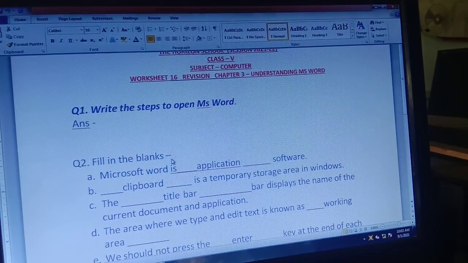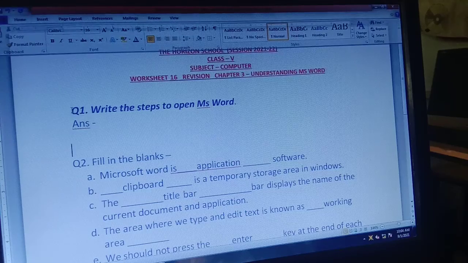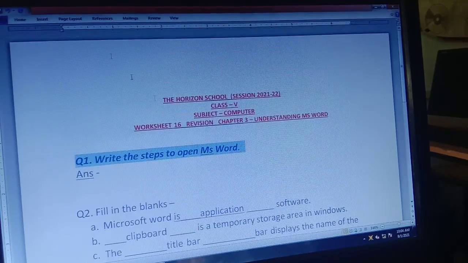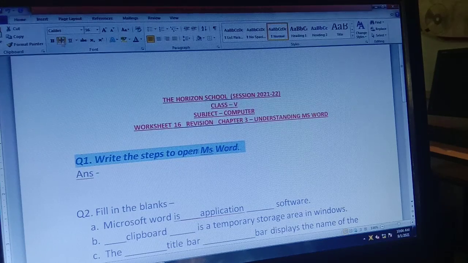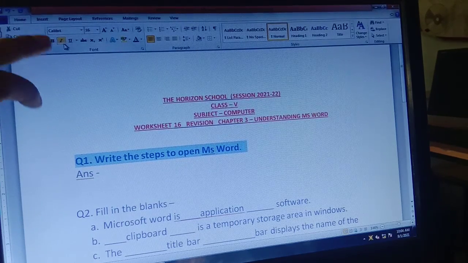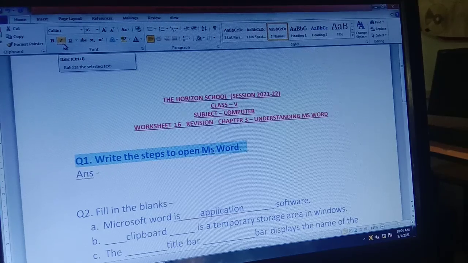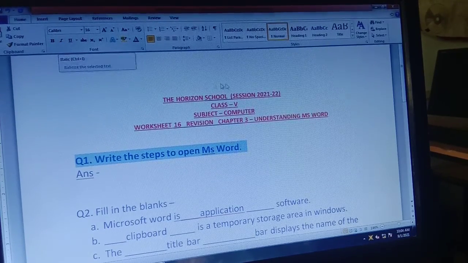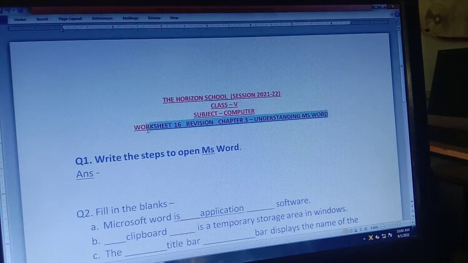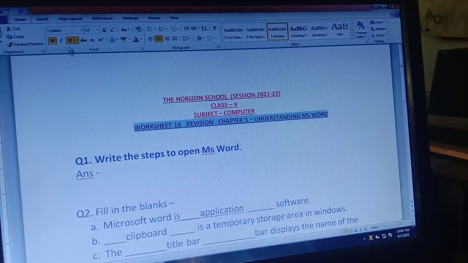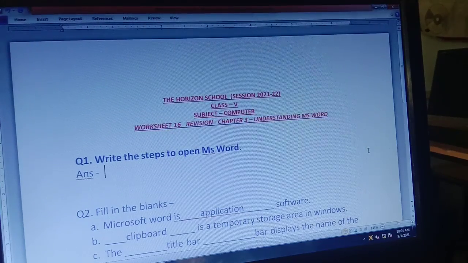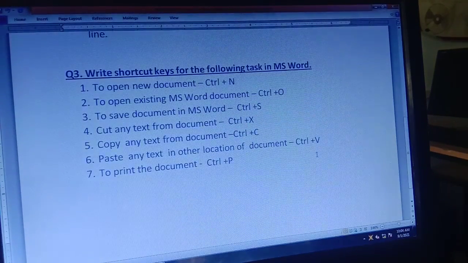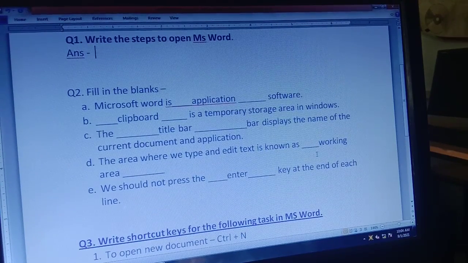Okay, so thank you everyone, and online I have explained to you. If you want to undo it, if you don't want it italic, you can press it again. This is a toggle button. Toggle button का मतलब क्या होता है कि उसे क्लिक करने से वही चीज़ अप्लाई होगी, और उसी को क्लिक करने से वही चीज़ दोबारा से रिमूव हो जाएगी. Clear to everyone? Okay. So for example, I am making this in italic form. So it will be like this. So thank you everyone. Keep watching the video and do practice for your exam.